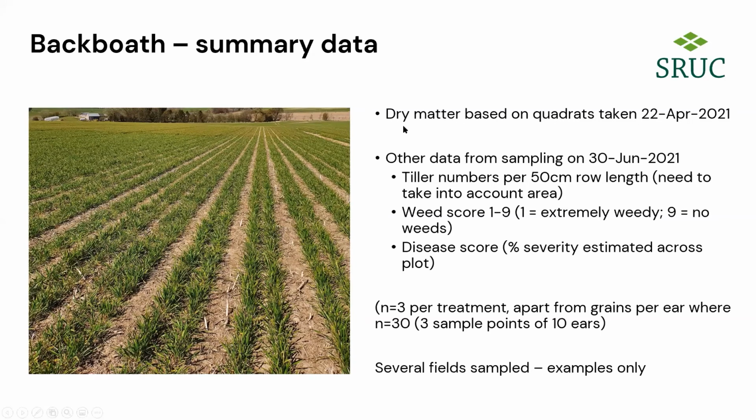But basically we had dry matter measurements towards the end of April from all the different fields and the grazed and ungrazed. You can actually see here there's a difference. There's a sort of a line across here, and I think this is from the seed rate experiment. And then we had another data sampling towards the end of June, and we were looking at things like the tiller numbers,